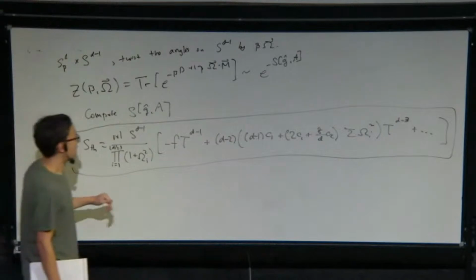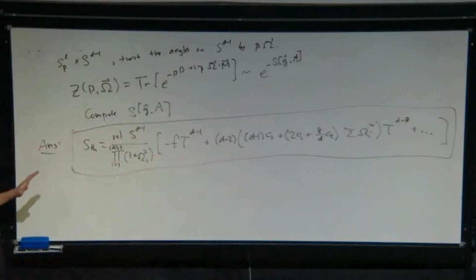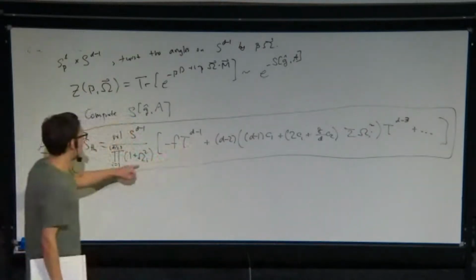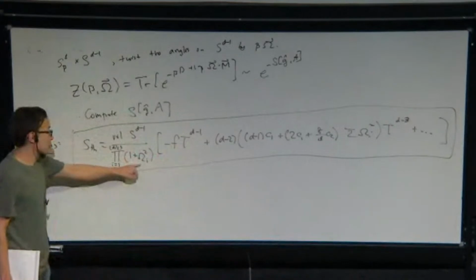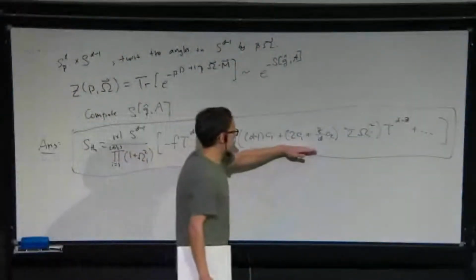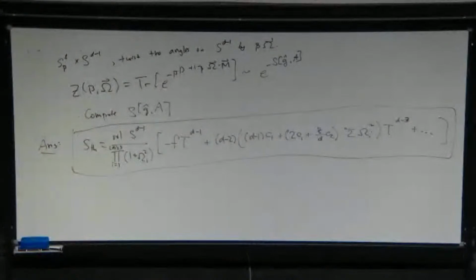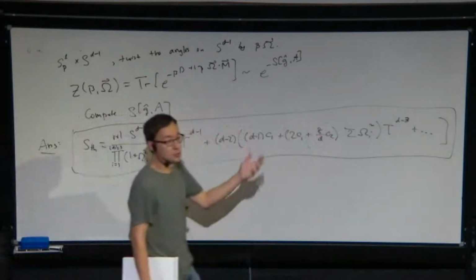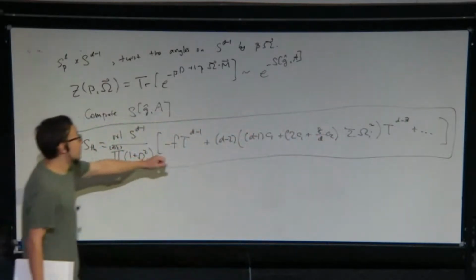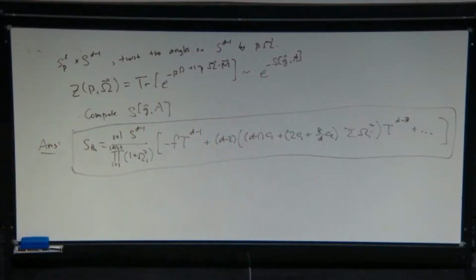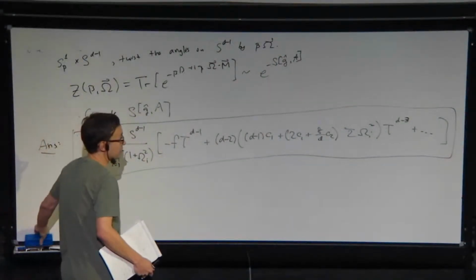Let me make a few comments about this. First of all, already at this level, we see that there are some non-trivial predictions it makes. Well, OK, this T to the d minus 1 is basically just dimensional analysis. But the omega dependence seems already a non-trivial consequence, as well as the omega dependence of these higher order terms. Also, a priori, it wasn't so obvious that the expansion had to be in powers of 1 over T squared. You see here, this is an expansion in 1 over T squared, because we can only write down terms with an even number of derivatives. So therefore, in the free energy, we get an expansion in 1 over T squared as opposed to 1 over T or 1 over square root of T or whatever, which a priori didn't seem so obvious.